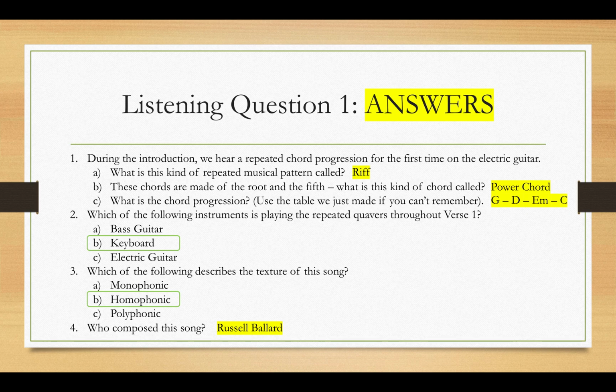Maybe you thought that was a bit of a random question for me to include, but they do ask those types of questions in GCSE papers, and I've been looking at some past papers and trying to model these questions on the way that they ask them in the exam, and you might get a question like that. So it's really important that you are remembering key bits of the information of the context of the song, as well as the actual musical characteristics of it as well.